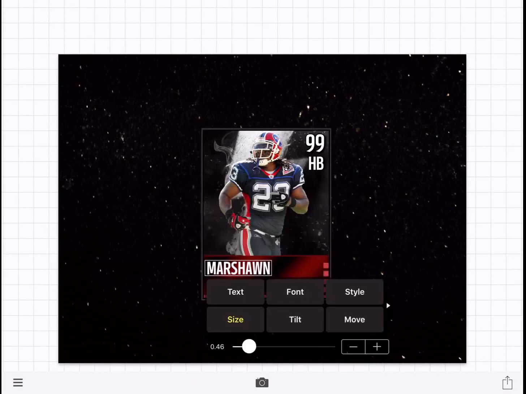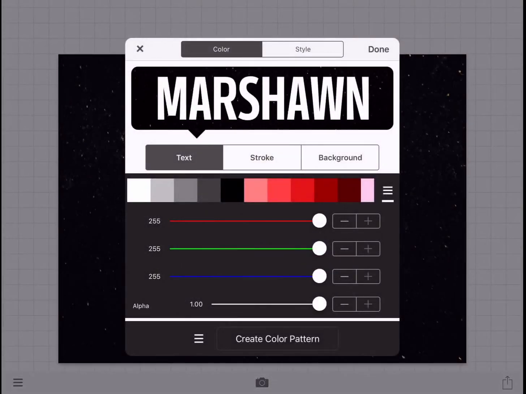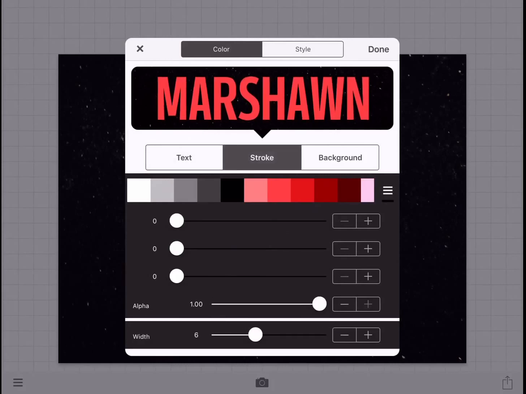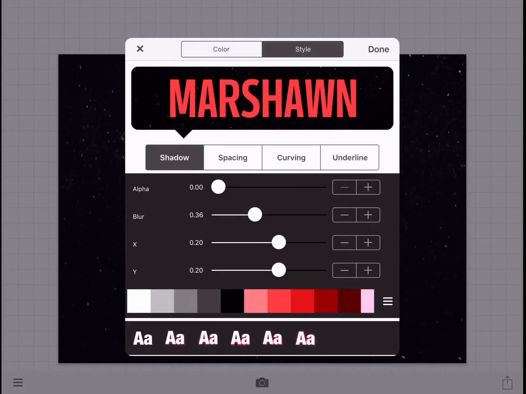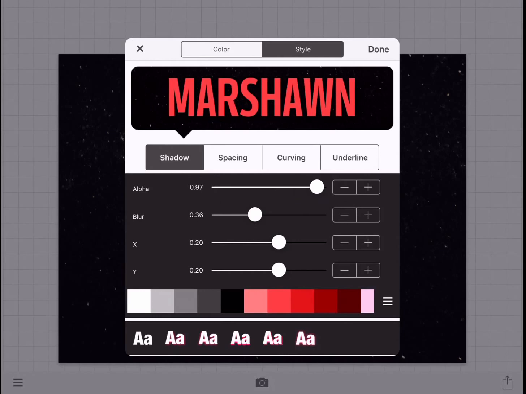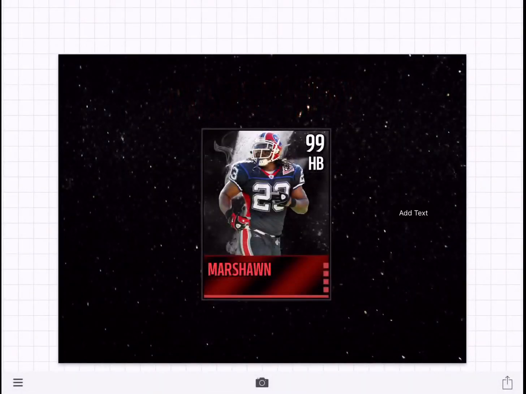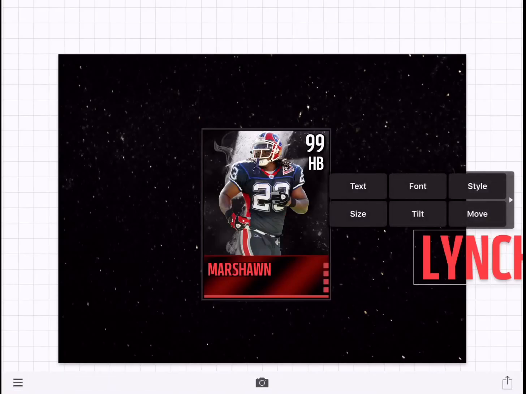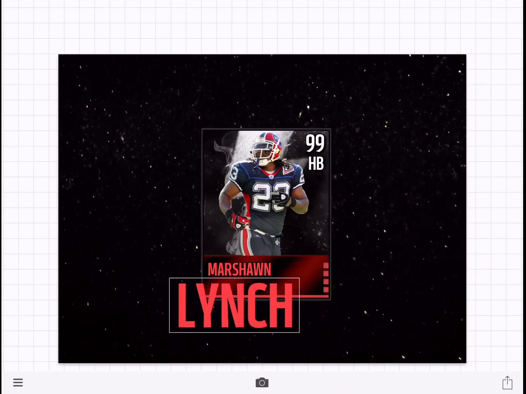I mean, if you want to change it any way you want, that's fine. But for me, at least, I want it to look as close to the real thing that Madden does as you can. So that's what I'm doing. But by all means, if you want to make it blue or whatever, I don't really care. For me, I would want it to be as close to the real thing as possible, so that's what I did. I've seen some people make the fonts green and stuff, and in my opinion, I don't really like it like that.